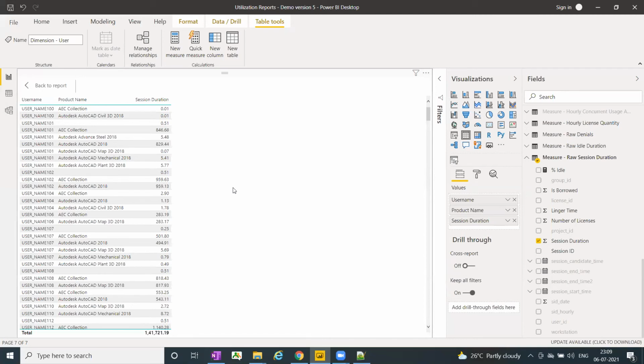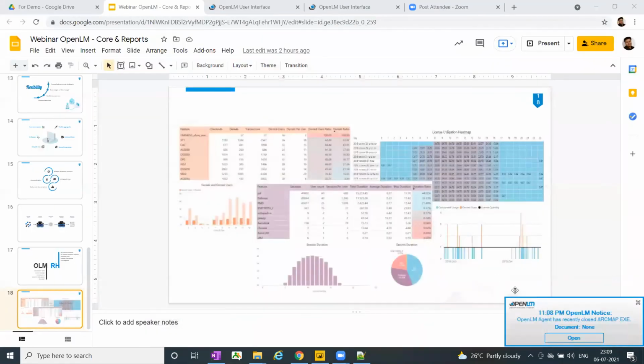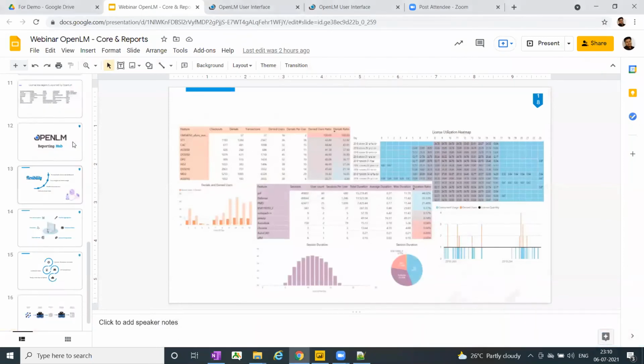It is really easy to create very complicated reports with all the information that you need, and you get a lot of customization. So these are the different benefits, the different functionalities, and the different reports that I just showed you in OpenLM.